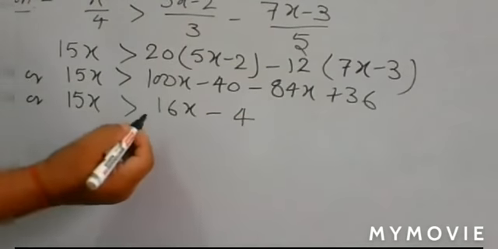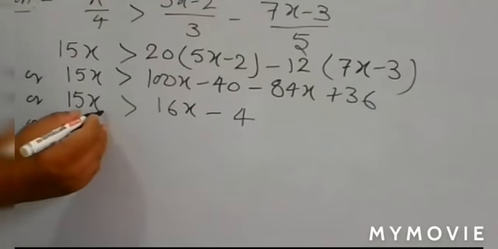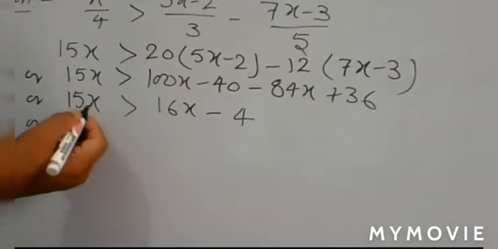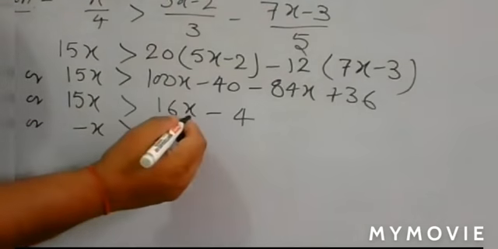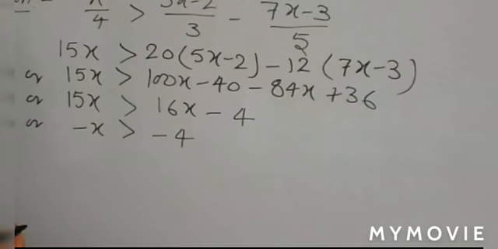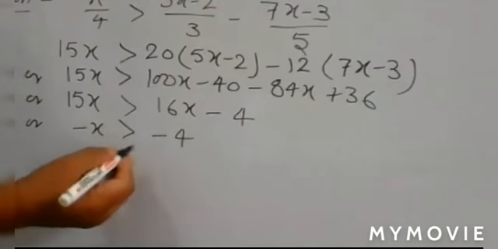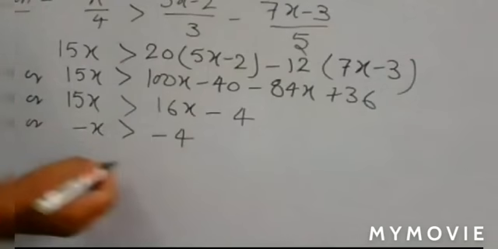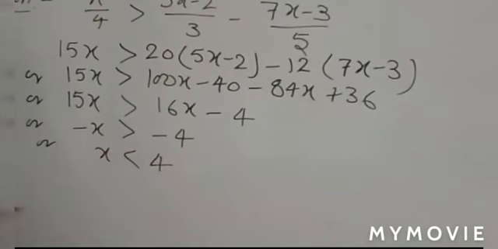Now what you do, you have to subtract 6 on both sides. If you are subtracting 6 here, it means adding minus 6 here, so here you have minus x greater than, that we cancel out, and here you have 4. Now you have to divide both sides by minus 1. Since it is a negative number, the inequality is also changed. So here you have x is less than 4.